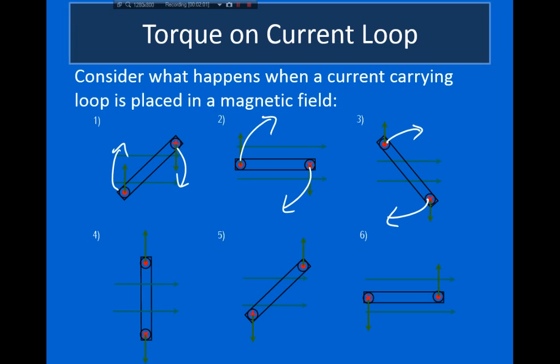Now, finally, when I get to part 4, I have a current carrying loop that is perpendicular to the magnetic field. And remember that we found on that previous slide that when the coil is perpendicular to the magnetic field, the net torque on that coil is equal to 0. In fact, we can see that here. These two forces are perfectly canceling each other,